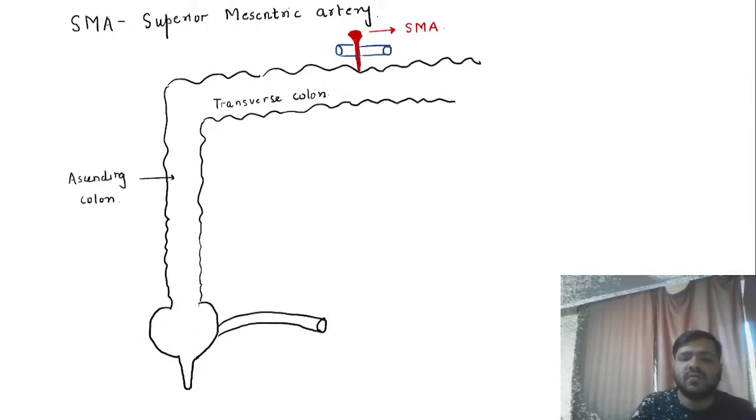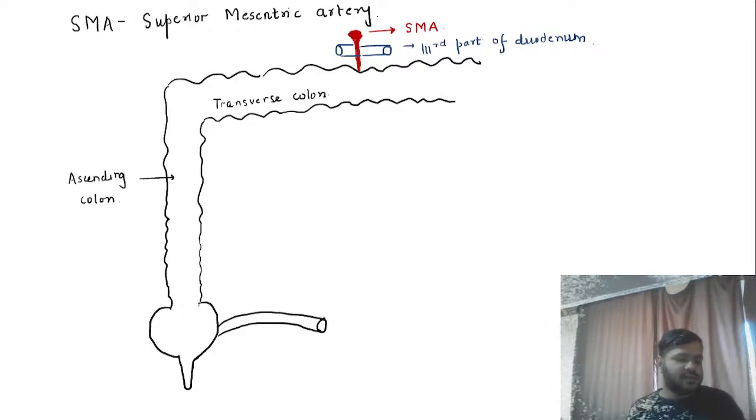Now this is the duodenum. That is the third part of the duodenum. Now this artery is going in front of the third part of the duodenum. Now guys, you already know